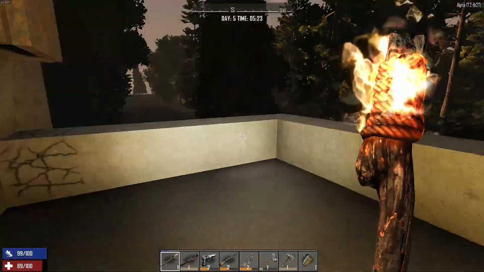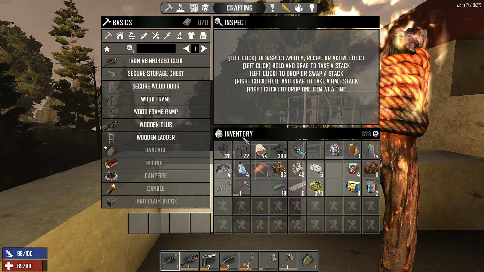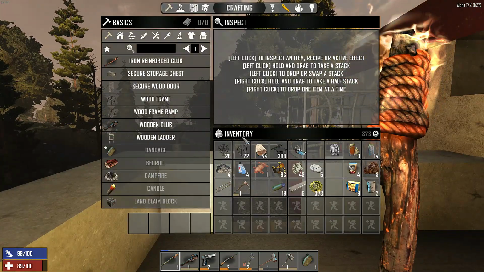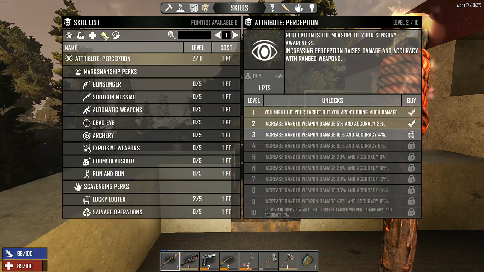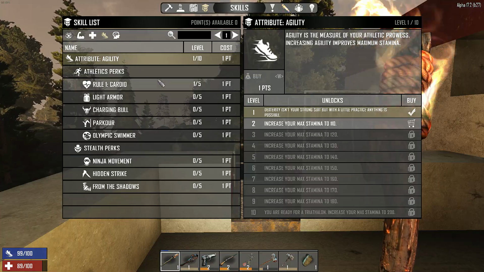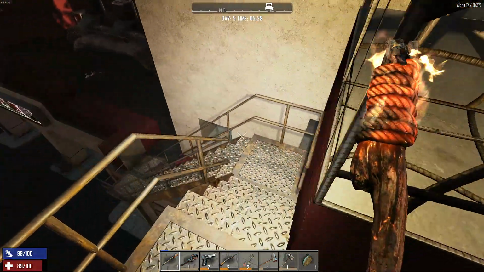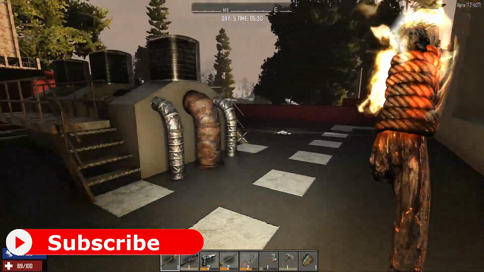So what I did do was I spent the time going through and reorganizing my inventory, and I spent my perk points. I put another one in strength, I put one in pack mule, and I put one into, what did I put the other one into? I don't even remember now. I may have put it into agility to increase my stamina, just because I'm beating things down a lot. And then I also spent some time going through the rest of this building and looting